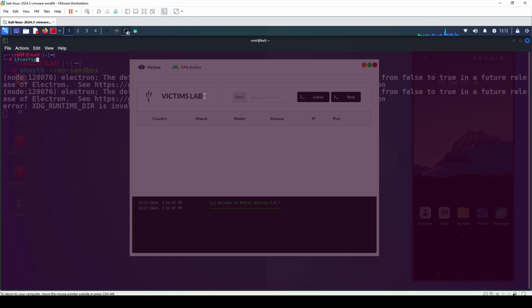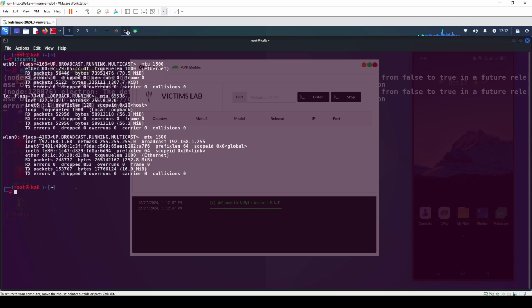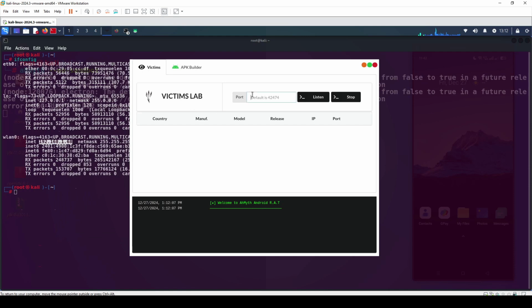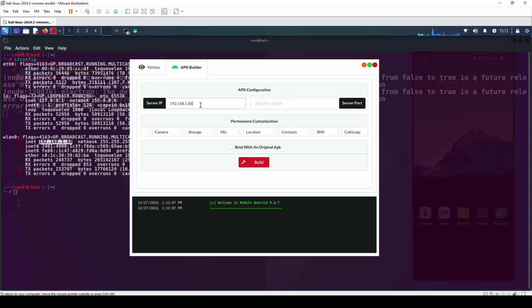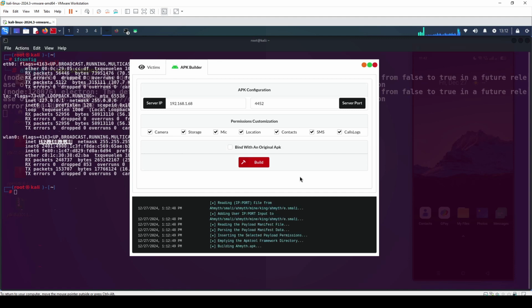And the next thing we're going to do is type ifconfig, and we got the IP, which is 192.168.1.68. So I'm going to test it out on my local network. Alright, so here it is, and I'm going to paste it in the server IP box along with the server port 4452, and I'm going to enable all the permissions, but it's up to your choice. Now that being done, I'm just going to click on build. I'm going to wait until it finishes building, so it should not take time. It's already done, and as you can see,